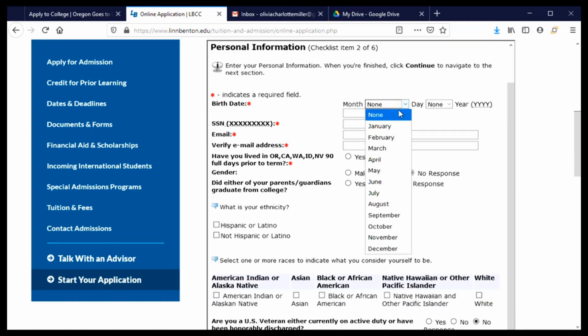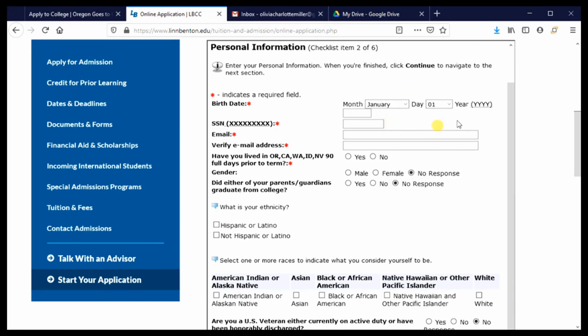Birth date. I'm going to go ahead and choose my birth date, and here they're reminding me that for the year I need to provide all 4 numbers of the year, and they're asking for my social security number. Now, you do not have to have a social security number to apply to or attend LBCC. However, if you do have one and you are applying for federal financial aid, then it is a really good idea to go ahead and enter that at this time. That's going to help them connect your financial aid application to your